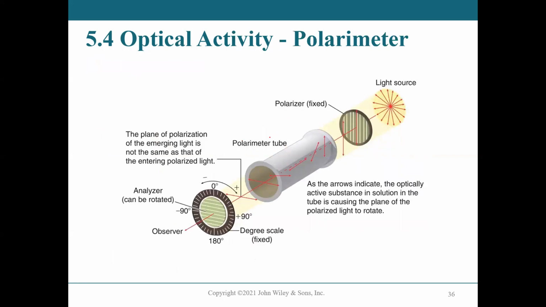This polarimeter tube has a certain length. The plane of polarization of the emerging light is not the same as that of the entering polarized light. So you have your light source, you have your polarizer, which is fixed, the polarizer tube, and you're going to have your sample in here, and it's going to rotate light either to the right or to the left. Now, if it doesn't rotate light, that means